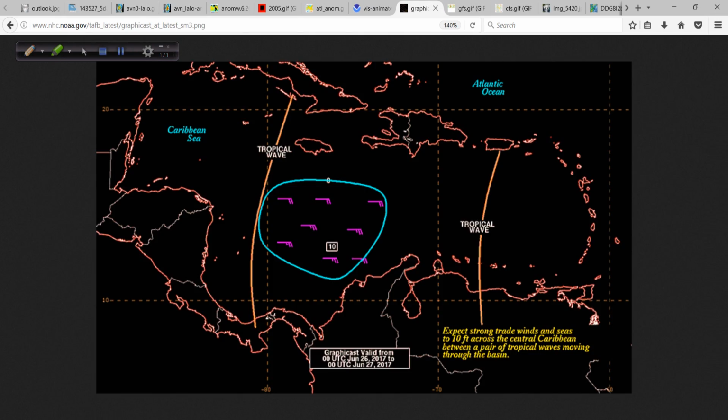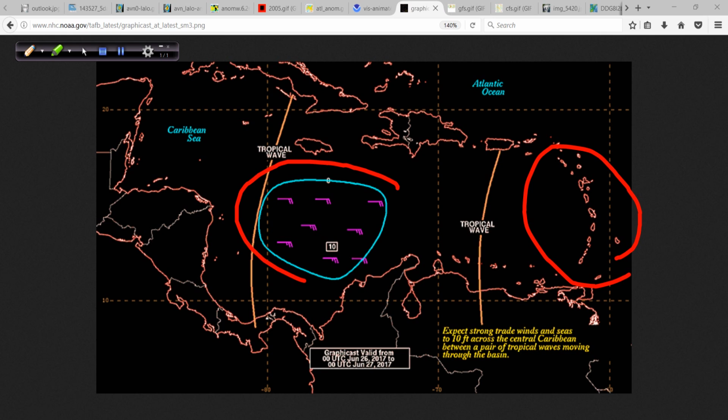I want to show you this nice graphicast from the Tropical Analysis and Forecast branch. Close up here of the islands over here to the right. Really no major issues. You don't see any abnormally strong winds. That's confined to the central Caribbean, or the central to western. Some pretty good gales blowing through here, a tight pressure gradient, and these represent your tropical waves moving through, and